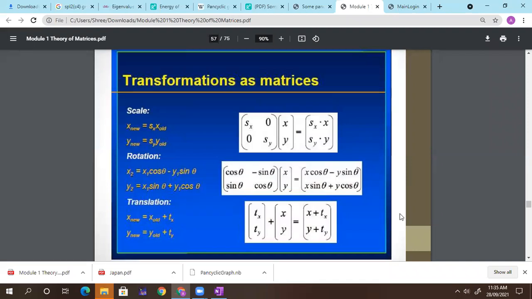These are the 3 important applications in 2-dimensional matrices. Got it? Now what happened for the 3-dimensional one? For scaling and for rotation, we have a group activity. So in that group activity, you can do it. What happened in 3-dimensional? What happened after doing the scaling in 3-dimensional? What happened with the translation in 3-dimension? So these are the group activity topics.